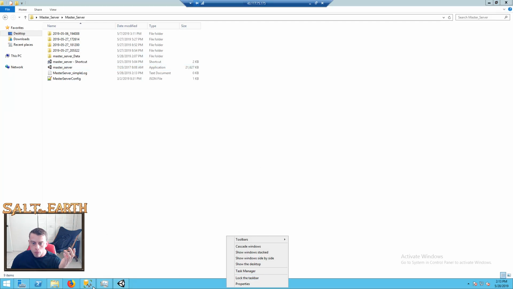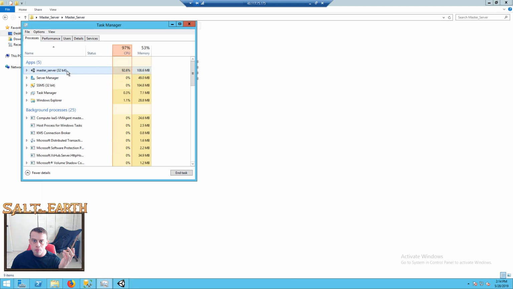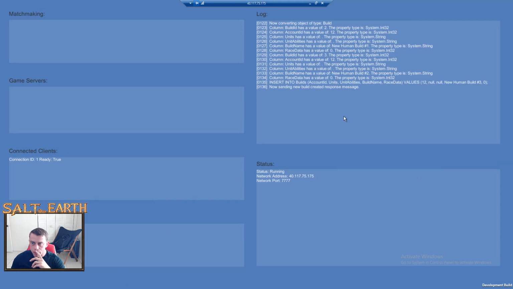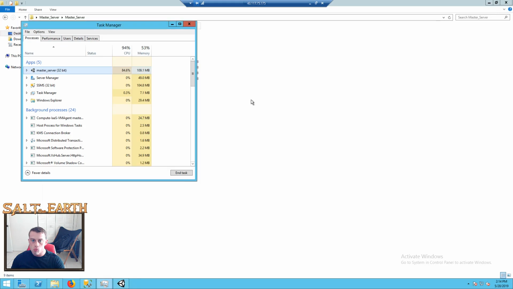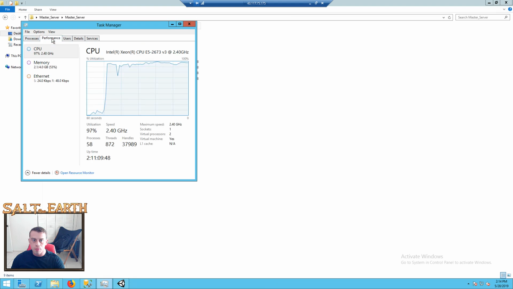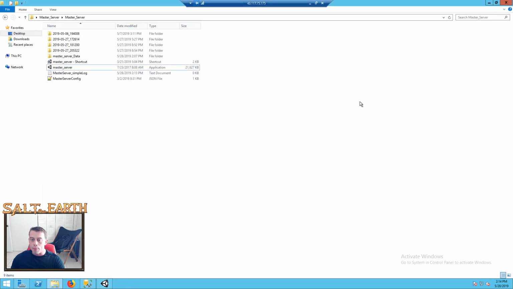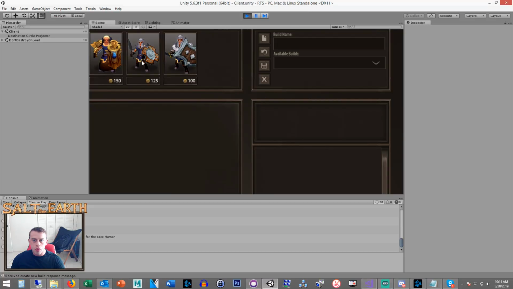Good. Check our task manager. Well, master server is running hot and heavy, but I don't think it's stuck. I think it just does that because we don't have a lot of CPU power. A virtual core running at 2.4. Anyway, I think that's good. So now that we've got that,